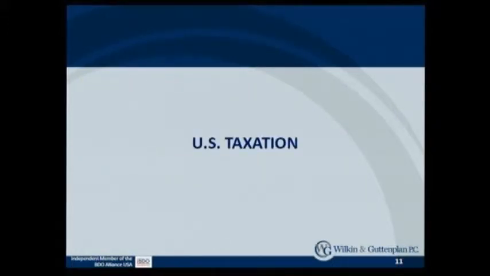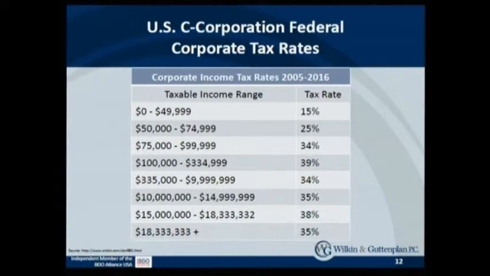So now let's talk about the basics of US taxation. If I'm a C corporation, and for the next few slides we're going to talk about the federal system. In the US, you have the federal system, and then every one of the states has their own state system. So let's deal with the federal system first. If I'm a C corporation, I'm subject to tax on my corporate income. Now, there are a lot of slabs here, but the main takeaway is as long as your income is less than $10 million US, you're going to pay more or less a flat